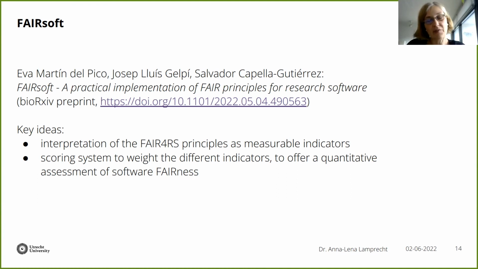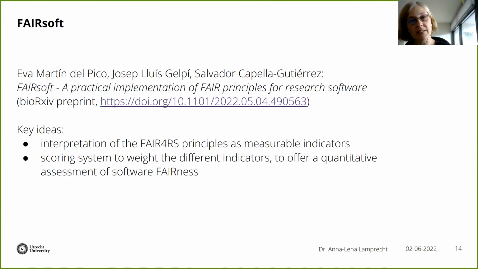So the fairsoftware.nl approach, the 5 recommendations were really 5 practical recommendations, which are, however, not directly aligned with the FAIR principles for research software as suggested by the working group, which is completely fine. It's just a completely different approach at defining metrics. And so this group has started more from the list of adapted FAIR principles from the FAIR for research software work, and then started to turn that into measurable indicators.